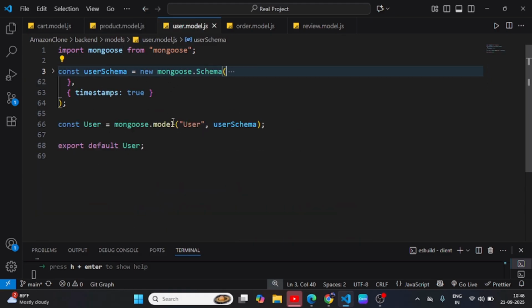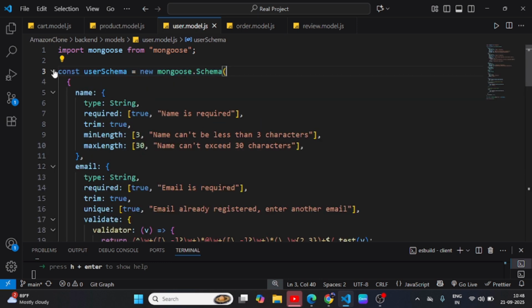So we make this user schema, and schema is a method, an object that mongoose provides. With this schema object we write our code, we model our data, we